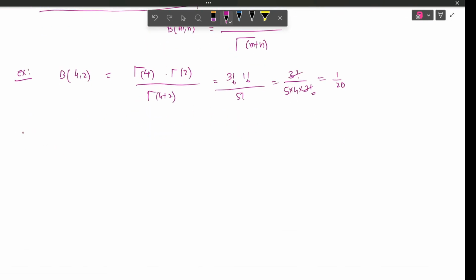Now let's see another example. We have to evaluate integration 0 to pi by 2 cos to the power 6 theta d theta. Okay. Now see, we know that beta of m comma n is twice integration 0 to pi by 2 sin to the power 2m minus 1 theta into cos to the power 2n minus 1 theta. So we can write this sum as